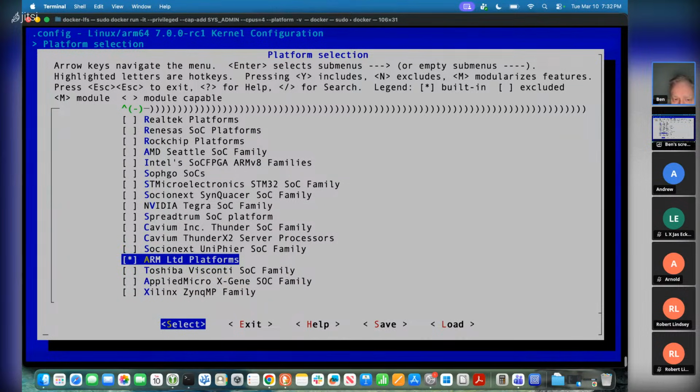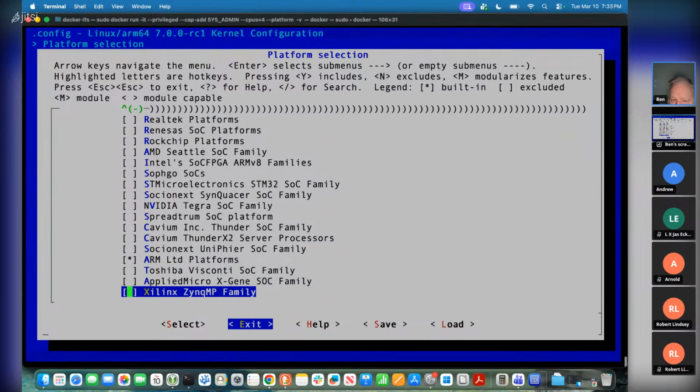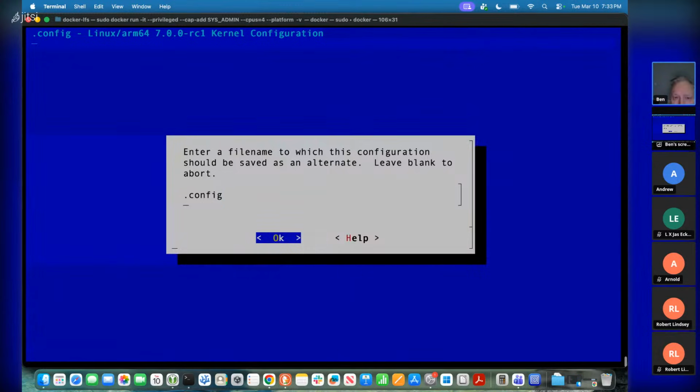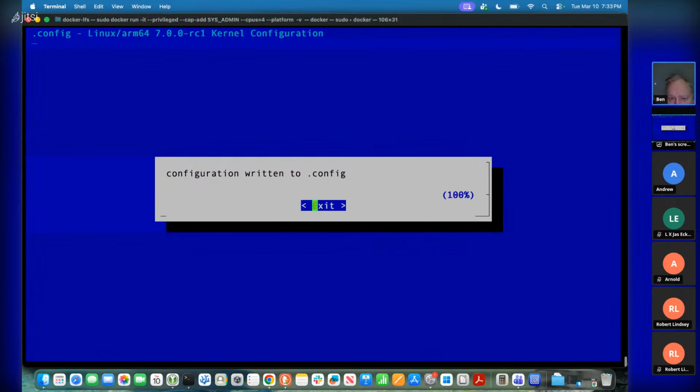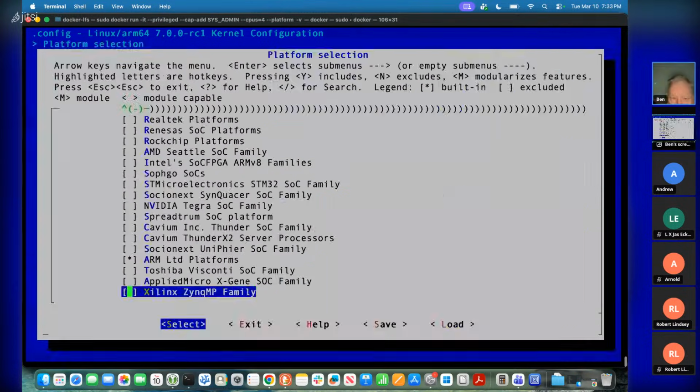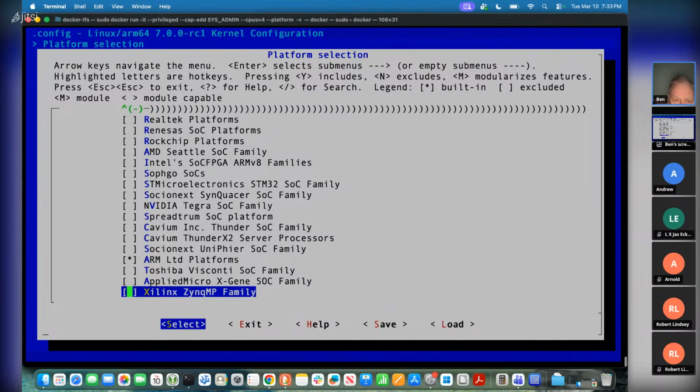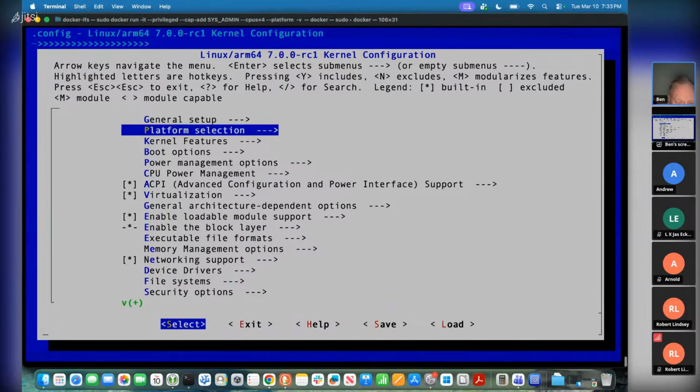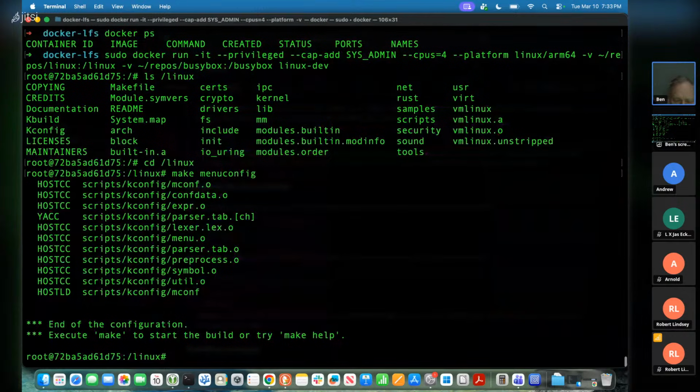ARM Ltd. platforms. So I can go ahead and save and write this to the .config file in the Linux directory. And it will tell me that my configuration was written to .config. Thank you very much. And I can tab and go down to exit and exit. And exit there. All right. And if we wanted to